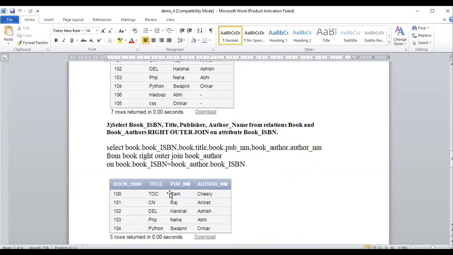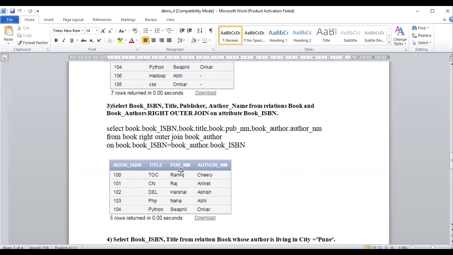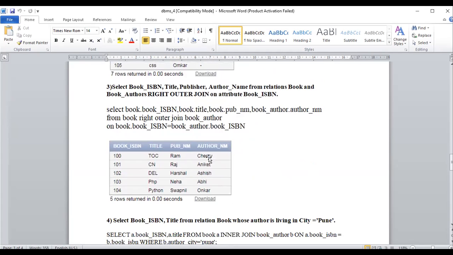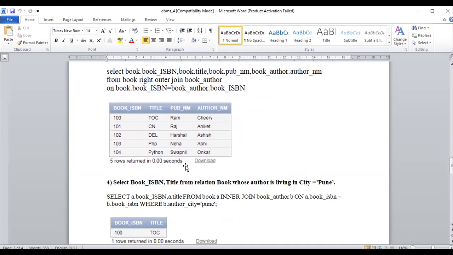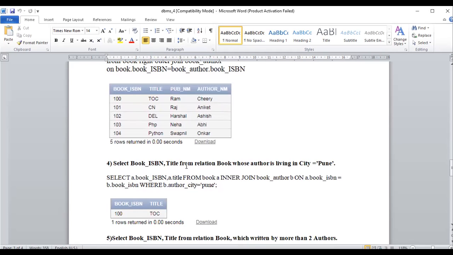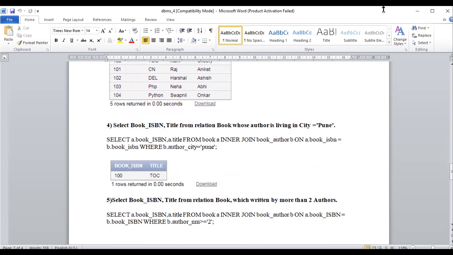Now we will go with the right outer join, exactly the contrast. Those that are available on both the right hand side and left hand side get displayed, meaning the inner join operation is executed compulsorily, the common things are displayed, and the remaining things depend upon left or right. If it is a left outer join, the remaining attributes from the left table get displayed. If it is a right outer join, then the remaining attributes available in the right hand side table will be displayed here. Okay, so this is the slight difference between the left outer join and the right outer join operation.